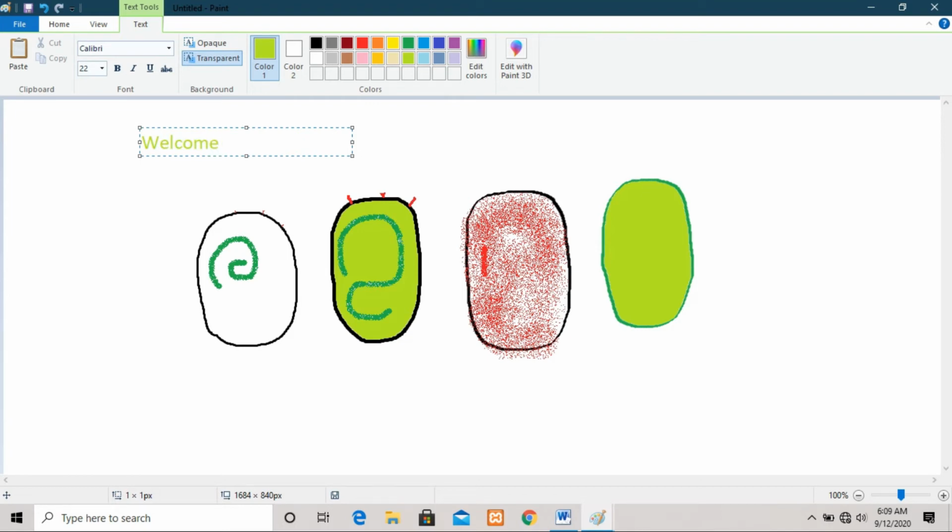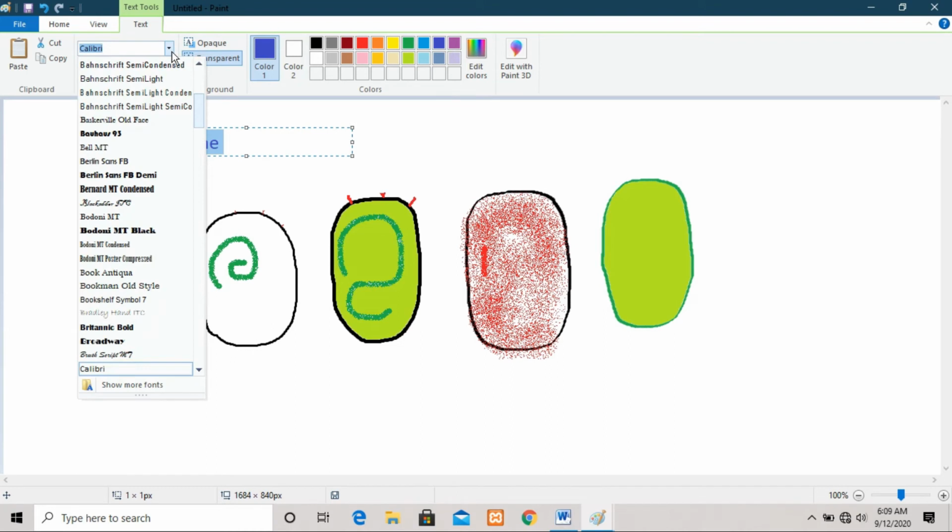If you want to make changes in whatever you have written, for example change the color of it, just select it with the help of the mouse or keyboard and change the color with the help of the color tool. Okay, now I want blue color on this, and I also want to change the design or style of that.